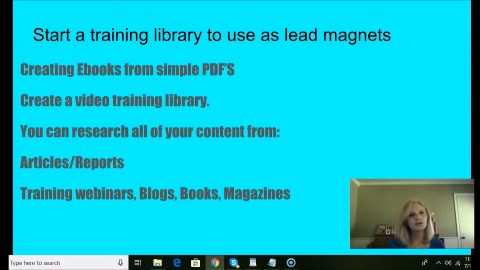The other thing you could do with lead magnets is start a training library. You can create some ebooks from simple PDFs. I'm actually going to put some information down in the description, but stick around until the end because I am going to put some information on screen. I'm only going to share it that way because then I know that you are actually interested and perhaps getting